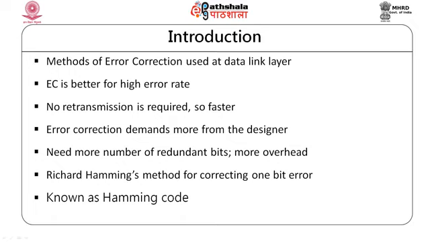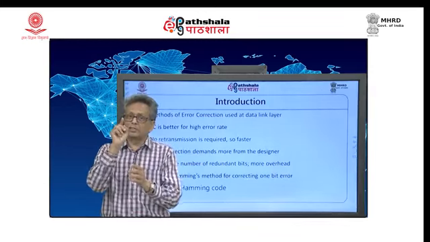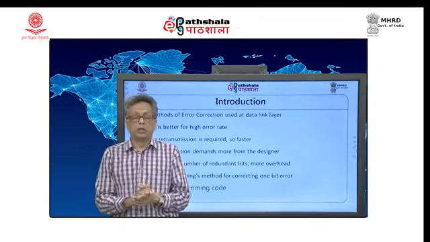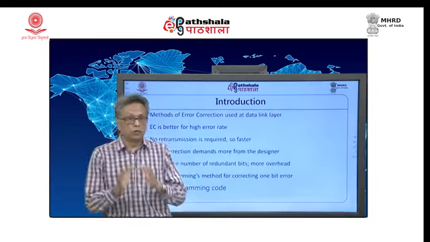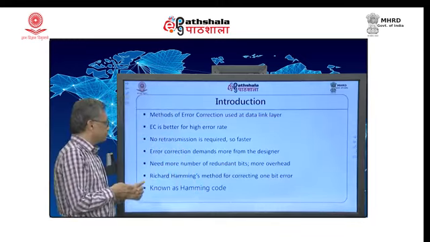But then for error correction, you do not only need to know that the error has occurred, you also need to know exactly at which place the error has occurred and then invert that bit. For example, if bit 0 is converted to bit 1, you need to know exactly which bit is inverted and then change it. So, it requires additional effort and that demands additional overhead as well. We will discuss that too.